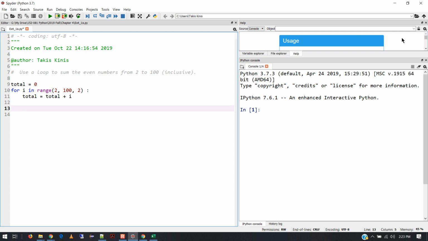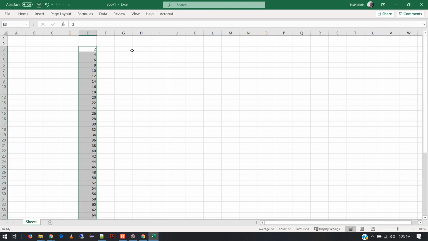Total is 4, I is 2. Right? And then 6 to 8. Exactly. And that's the other nice thing about a spreadsheet. If you actually wanted to figure it out, like hand trace it, a spreadsheet's a great tool to do it. You can say total, and you can say I. So total starts out at 0, and I is 2, and then the loop runs, and the total becomes 2, and then I becomes